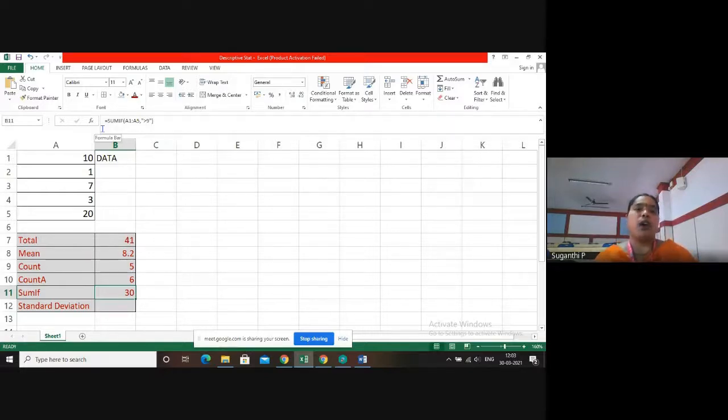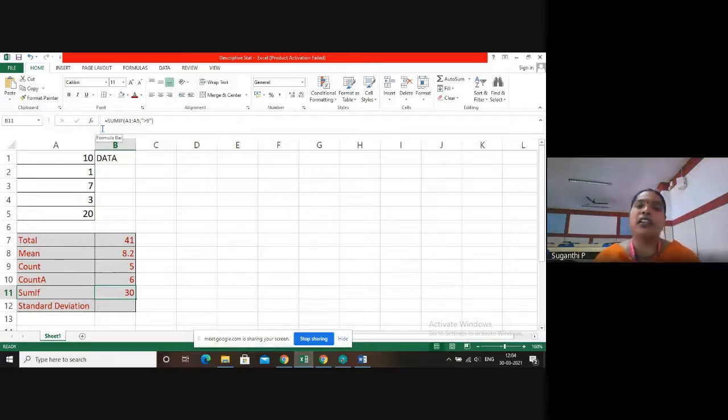So here, what I have mentioned is I'm instructing the Excel sheet to calculate the total of the given data if the value is above 9. Any value which is greater than 9, those values alone are to be included in the total. So here, after seeing this 5 data, only 2 data are above 9. In column A, first row, the value is 10 and it is above 9. And fifth row, the value is 20. It is again above 9.